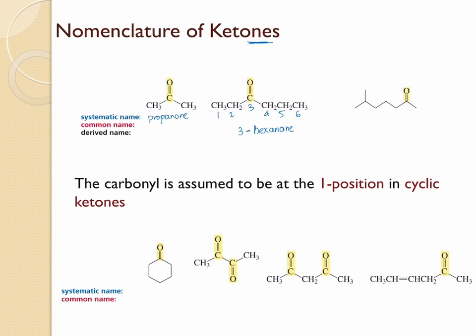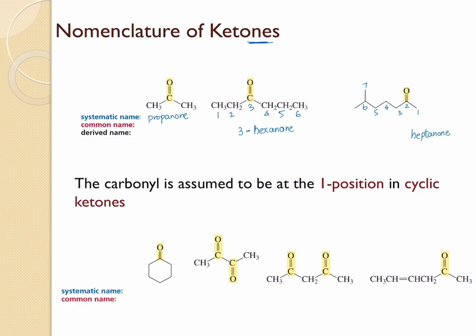Let's take a look into the next compound. So in the next compound, again, you need to make sure that you find the longest chain, making sure to put the carbonyl group within the longest chain, and also give the lowest possible number for this functional group. So you cannot number in this direction because that way this is going to have a higher number. So you have to go from right to left for this molecule. 1, 2, 3, 4, 5, 6, and either of these carbons can be 7,